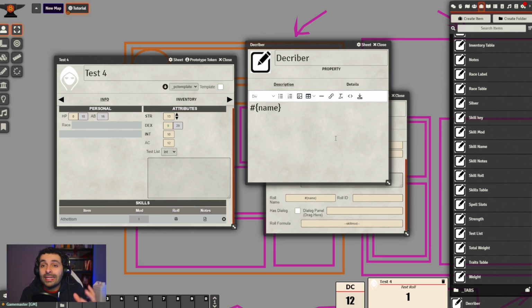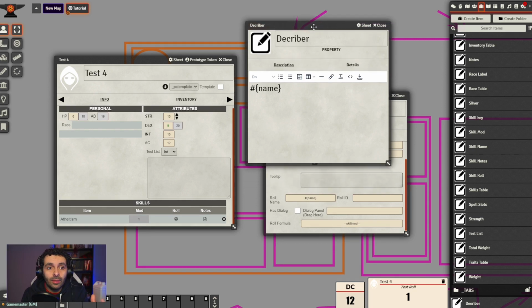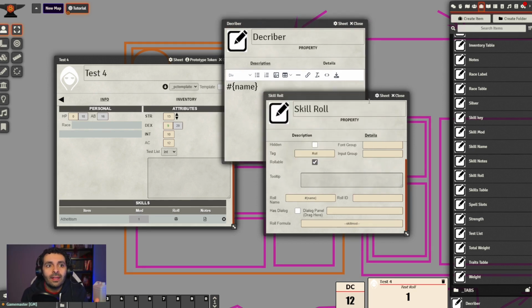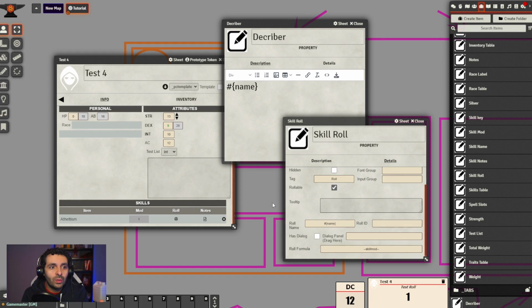This is one of those basic expressions in Sandbox for CItems that can be very useful. So now if I roll the skill mod, instead of showing me test roll 1, it's going to show me athleticism 1. So I click on roll, there you go, athleticism.